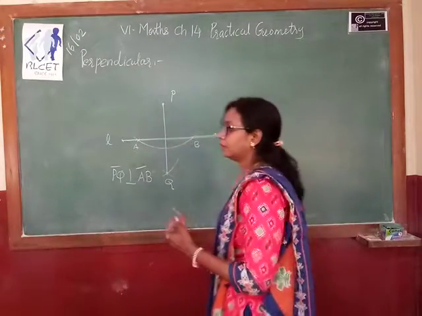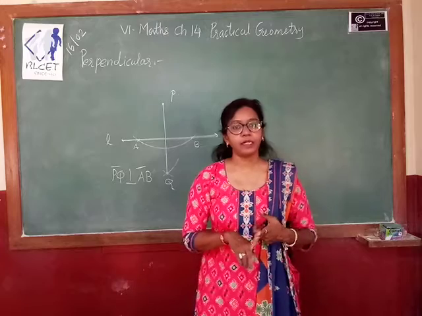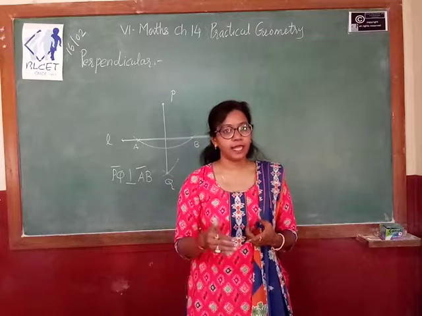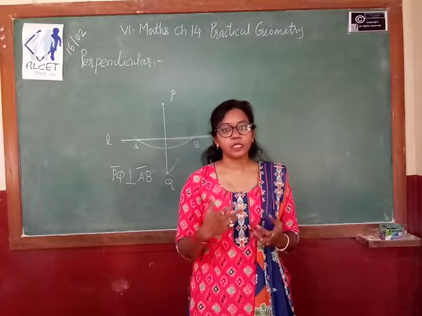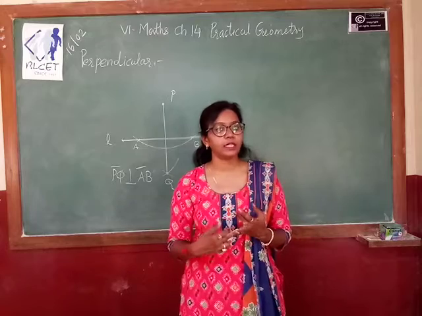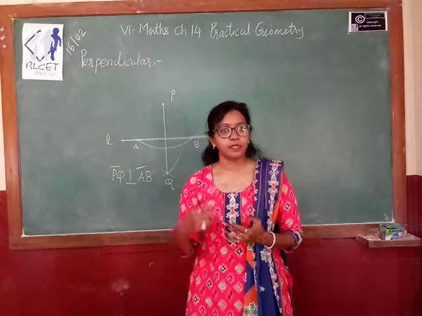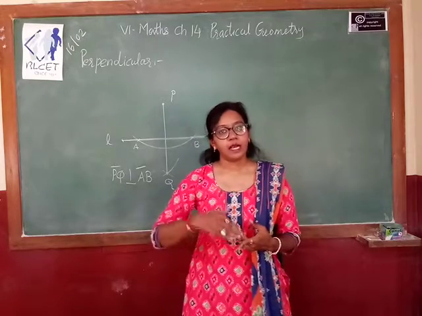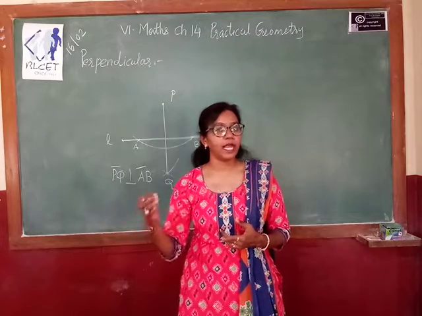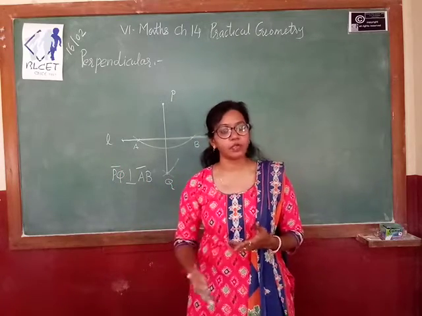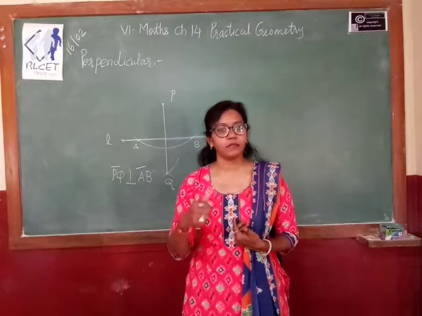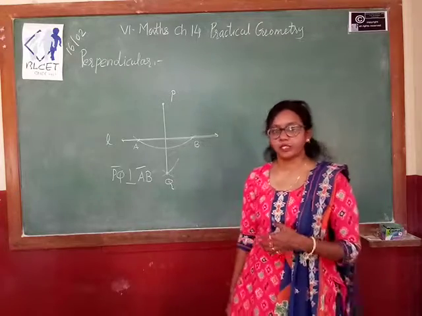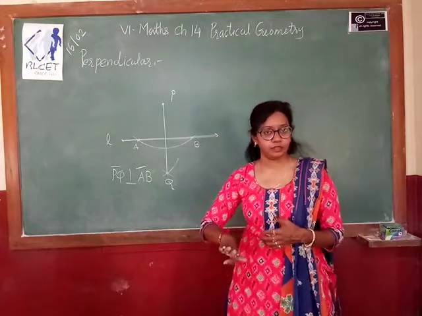So this way we can construct perpendicular. So we have two types of perpendicular that we can draw. First, we can draw the perpendicular when the point is given on the same line. In that we have seen two methods. One is with the help of ruler and set square and another is with the help of ruler and compasses. Second type is the one in which the point is not given on the same line. It is outside the line and from that we have to draw the perpendicular. In that also we have seen two methods, one using ruler and compasses, and second is ruler and set square. So we have seen four constructions.